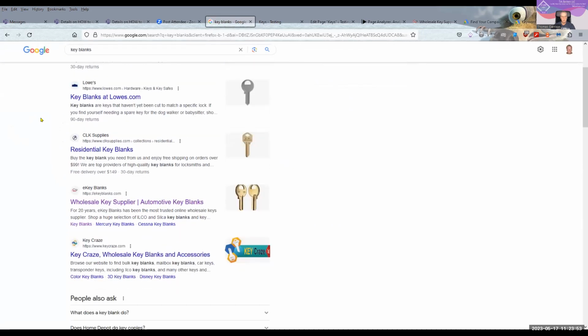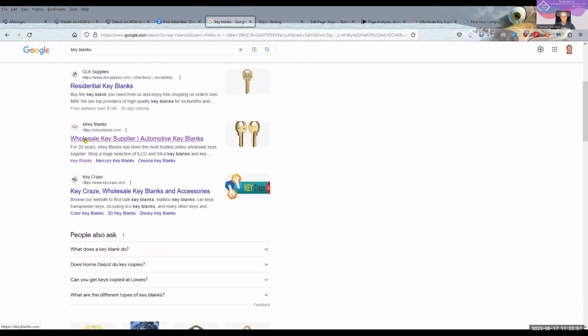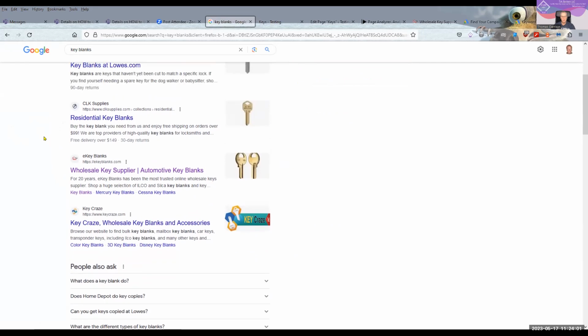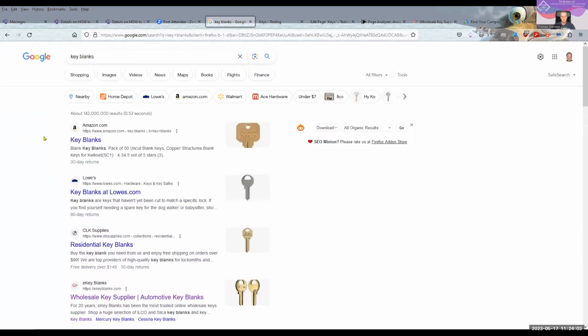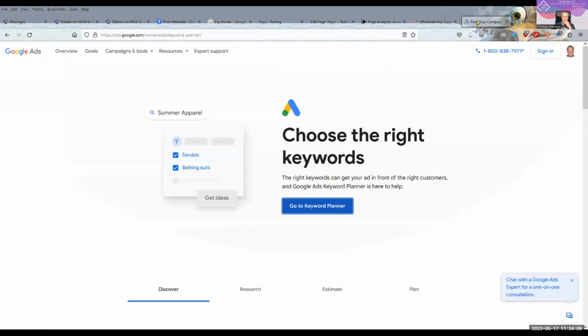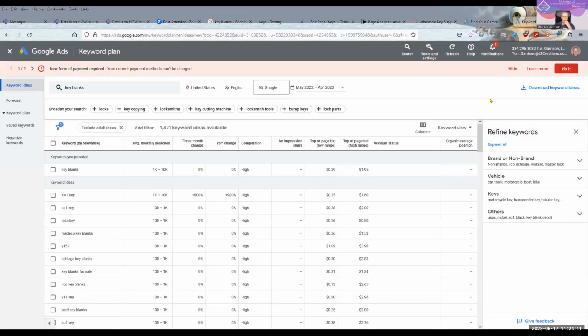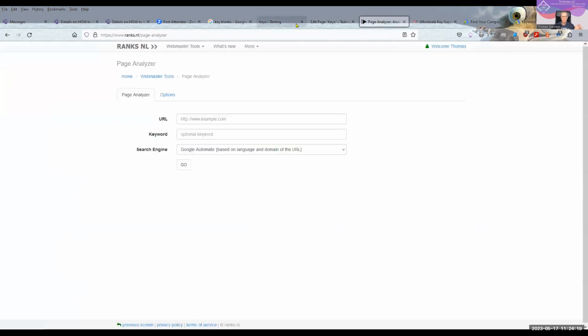And that's in Amazon, Lowe's. Here's the guy, key blanks, he's changed it. So, okay, now he knows he's got some competition coming out. Key blanks. And yet, that's not very good in the search engine. So that's one to use because that is what the competition is using. And we'll even put the competition in here.